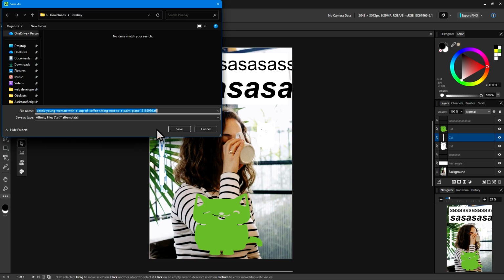and Save As, and this will take you to your file manager where you can decide where you want to save the Affinity project and maybe even give it a name. I am thinking that I want to edit this image to be a sort of reminder to drink water.